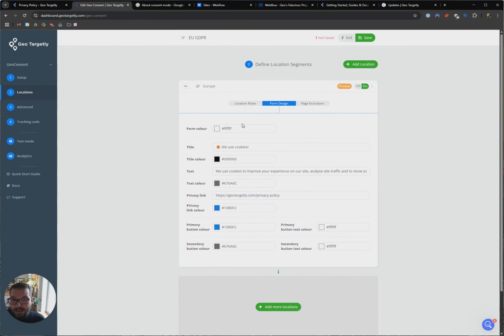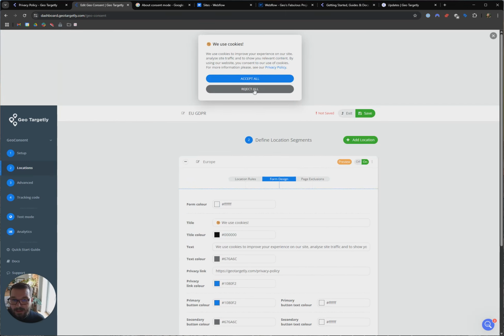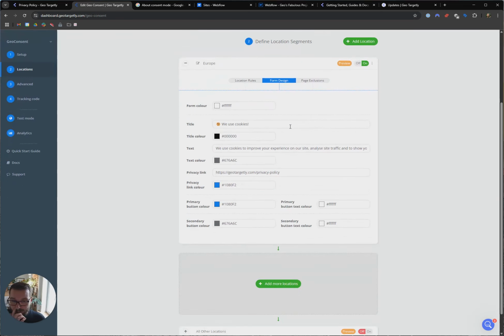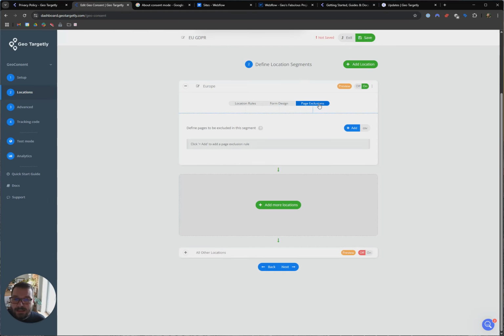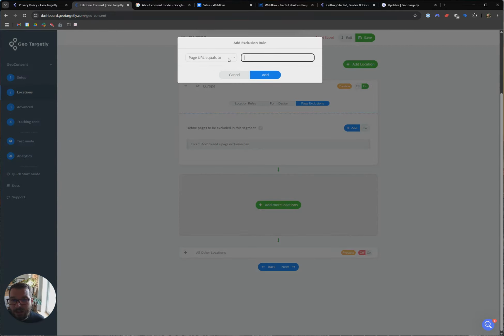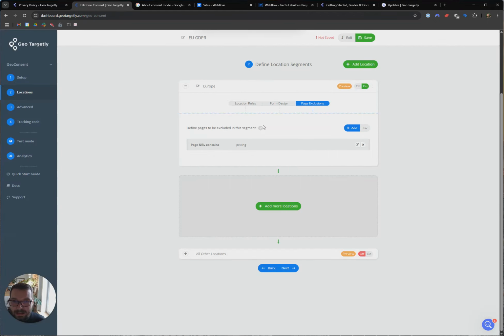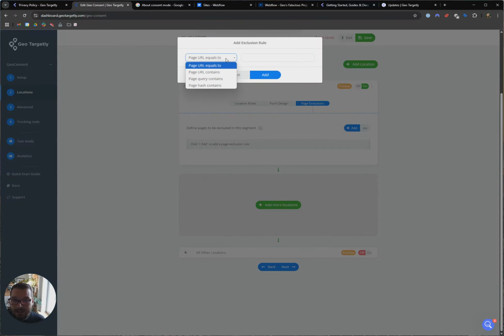location segment. Now let's say that I'm satisfied with this. And what we can do now is move on to the next step of the setup, or sorry, let's do one more thing, which is let's take a look at the page exclusion. I can say that there might be some pages across my site that I do not want the consent form to be displayed on. So I can say, okay, if URL contains, I don't know, let's not run it on the pricing page. I'm not sure why you would, but just as an idea, if the URL contains pricing, it should not be displayed. Or we might say that for testing purposes, if query contains no consent,